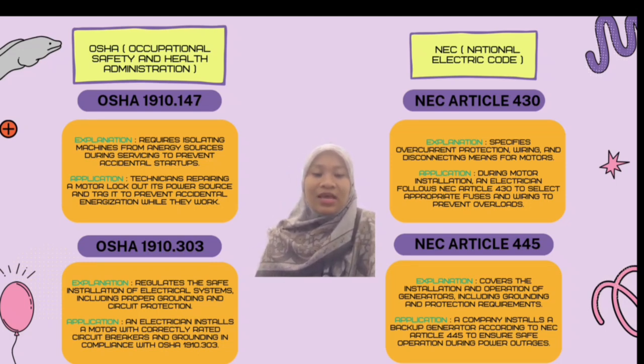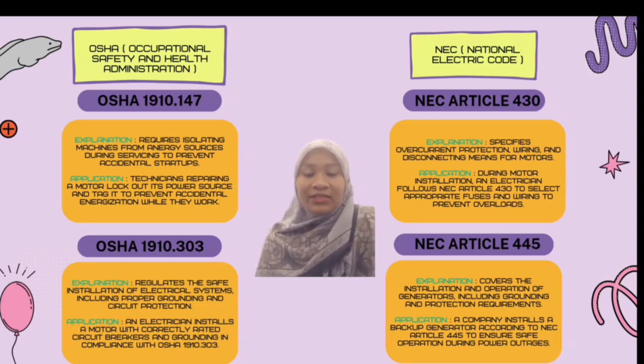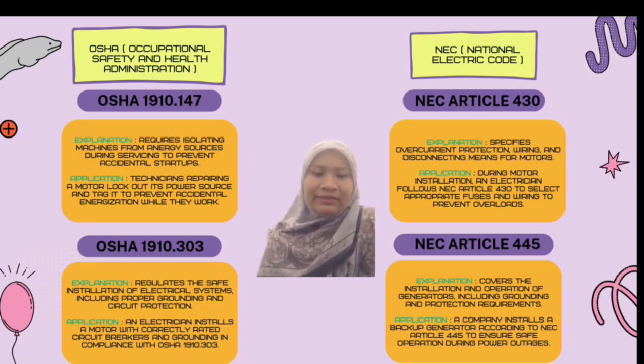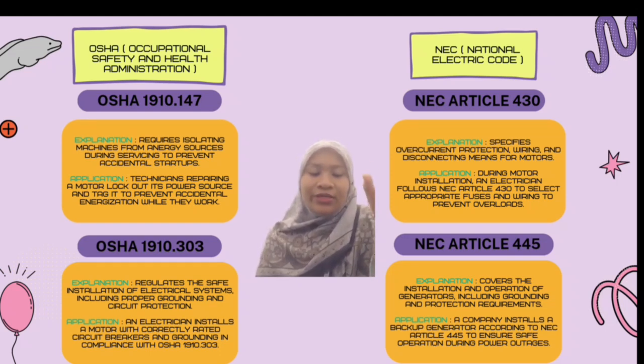Lastly is NEC. The example is NEC Article 430, which is for motor circuits and controllers. It specifies overcurrent protection, wiring, and disconnecting means for motors. The application is during motor installation, an electrician